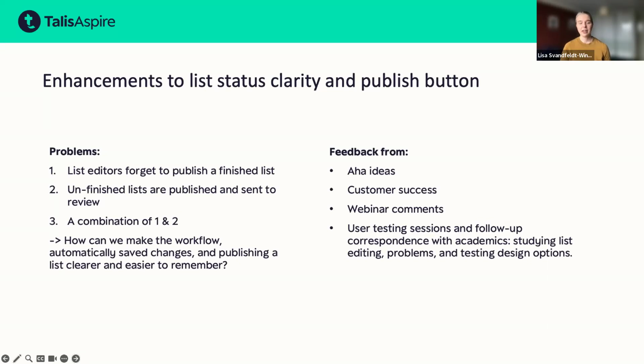So we've been thinking a lot about how we could make the workflow and how the system works with saving changes, and how the process of editing and publishing a list works. How can we make that clearer? How can we make that easier to remember and follow the process? And to do that, we got a lot of feedback on AHA. We talked a lot with our customer success people who came with a lot of insights. We took to heart webinar comments, and then our user experience designer, Anna,